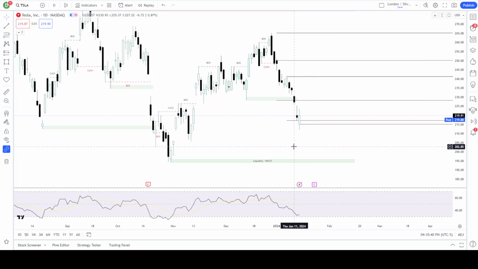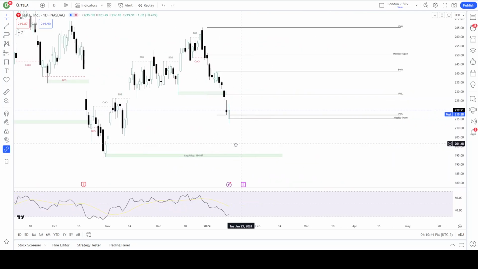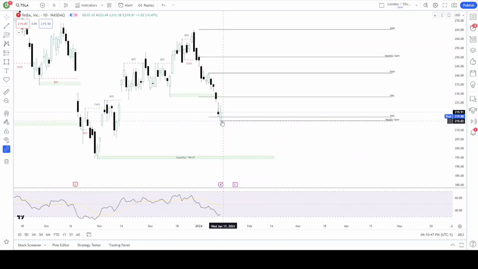So let's dig into the charts. Let's go ahead and look at today, right? We have our weekly open. Here's our week open price. We're currently trading above that, obviously. And so that's going to be our target for trading above to start to develop our bias for the week. Trading above that week open price, we are bull bias,